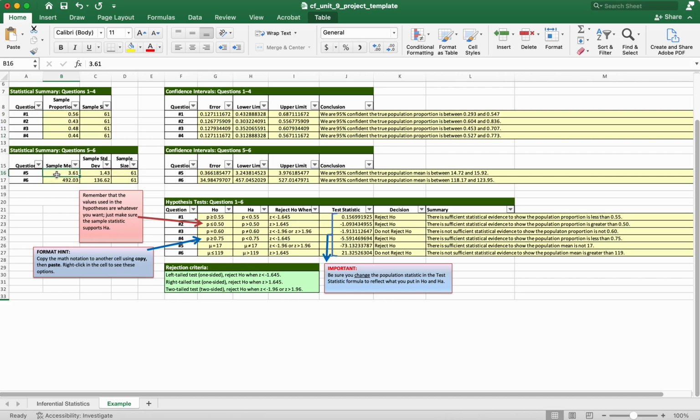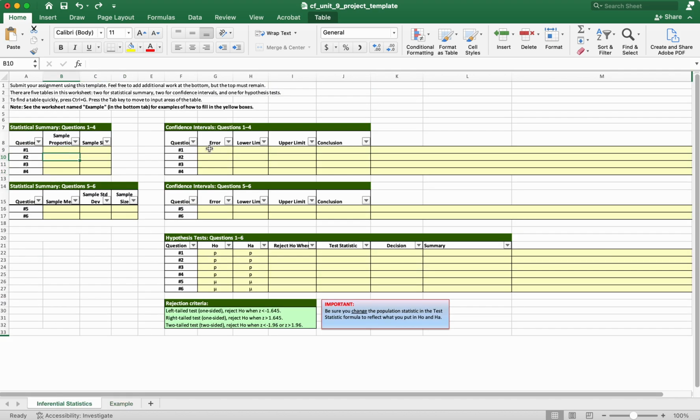Then for question 5 and 6, you also have in the descriptive statistics assignment done these pieces. So you found the sample mean, the standard deviation, and the sample size. So once these are in here, it's going to start calculating things, and you'll see these values start to change. And so as I look over here, I'm going to be able to fill this in and get it to